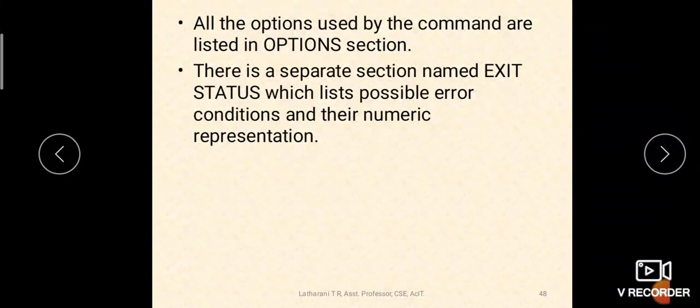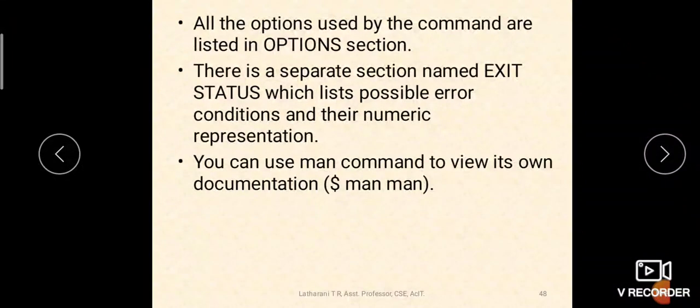The other case is, if you give ls f1 and you don't have any permission to access f1, that is another failure, and it will have some other number. Like that, for different error types, different integer values will be given. What numeric value represents what error, you can see in the exit status section of the manual page.